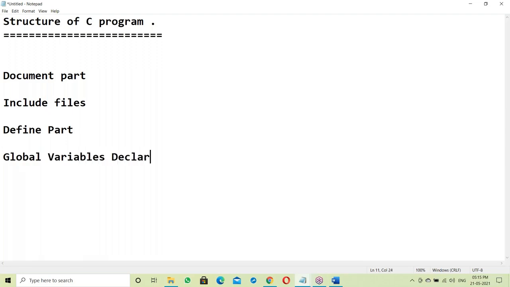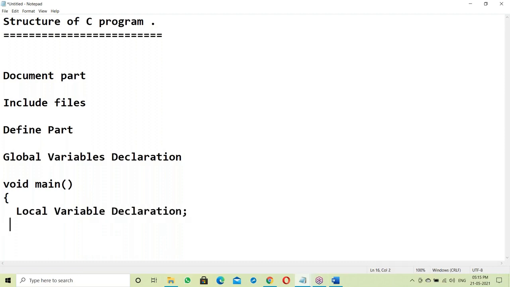So: document part, include files, define parts, global variables declaration. After this is void main function, with open bracket and close bracket, starting the main function. Next, local variables declaration. After this, statements.